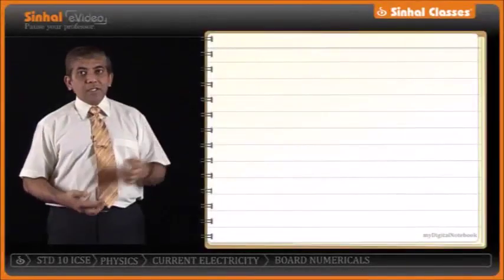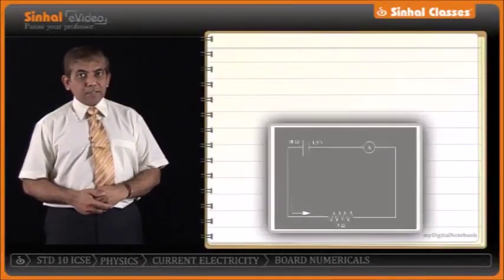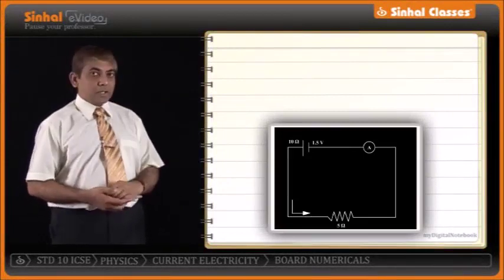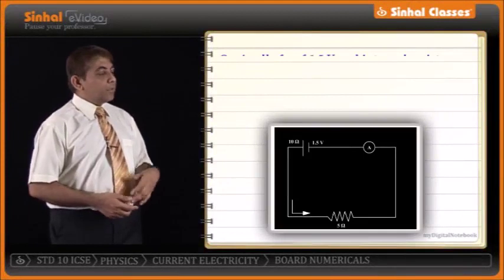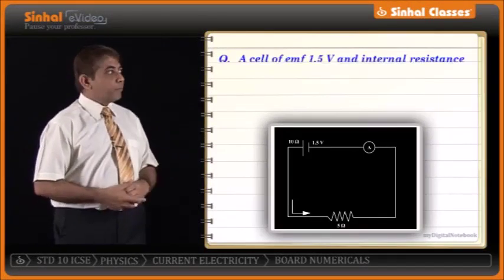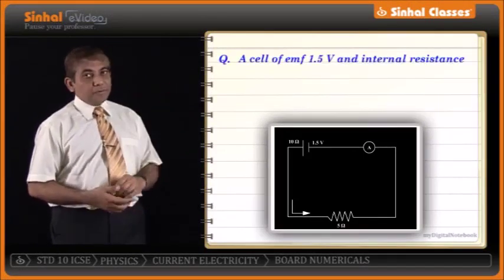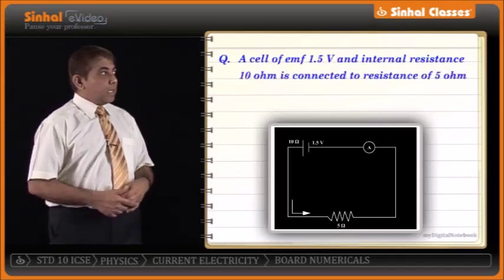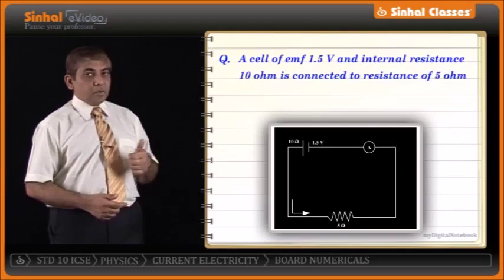We are going ahead with the solved board numericals now. Let's consider the year 2002. There was a network that was put across and they are asking you to find out the ammeter reading. A cell of EMF 1.5 volt and internal resistance 10 ohm